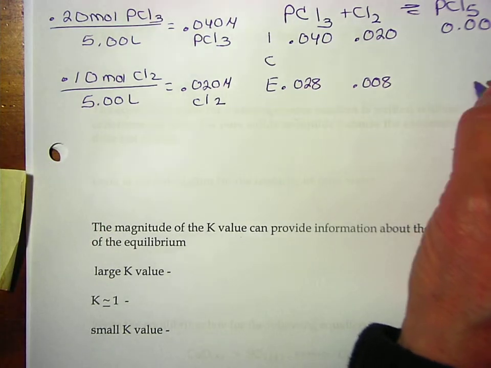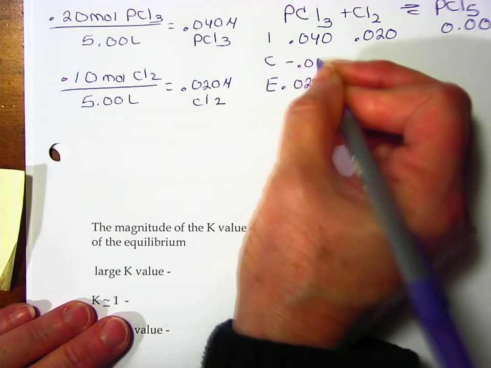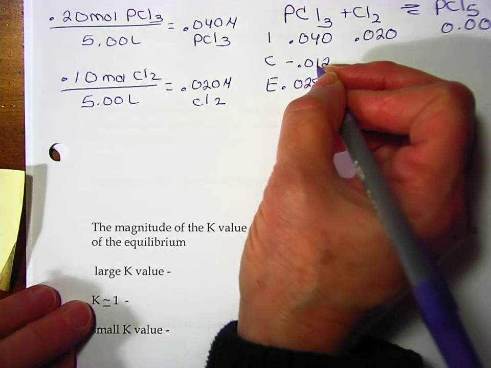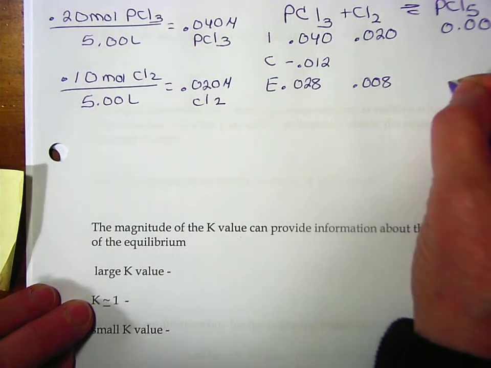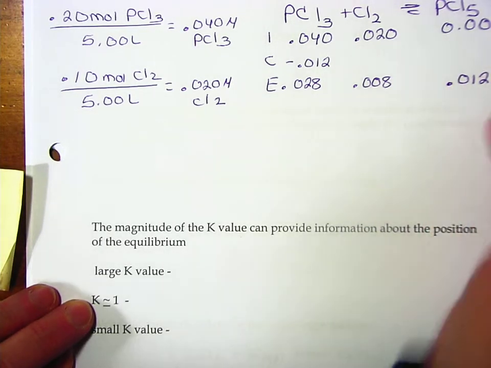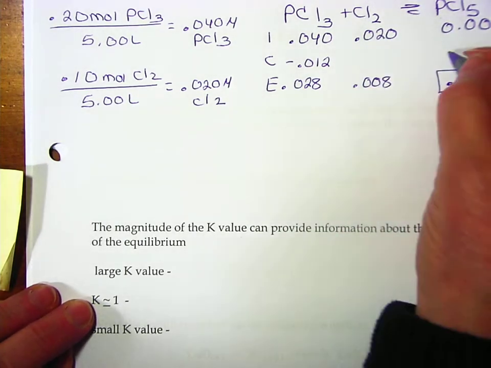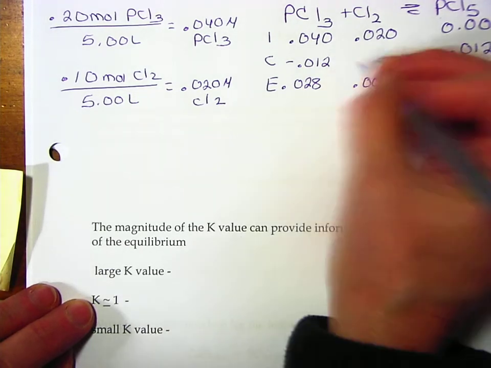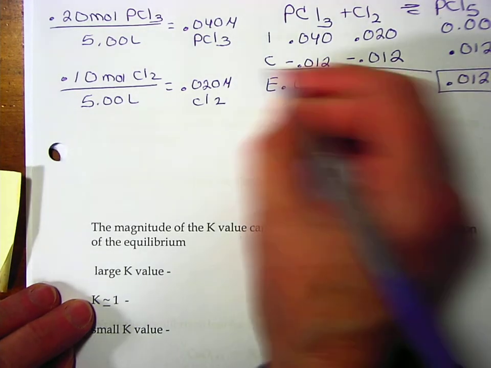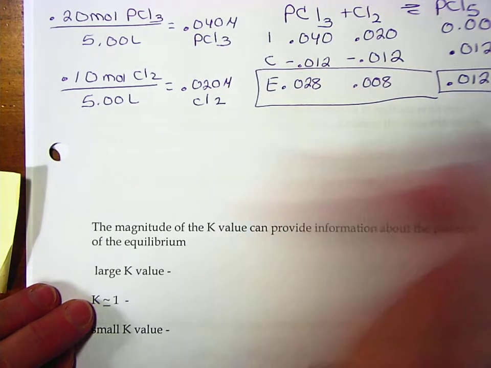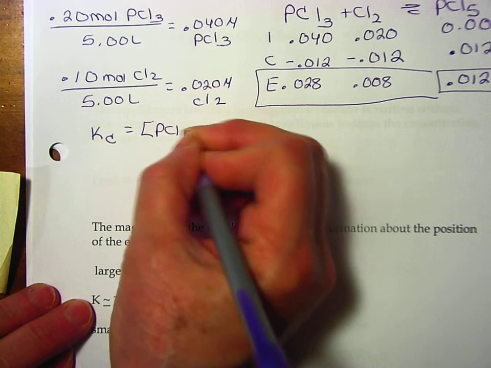So now, how do I get from here to here? Well, I subtract minus 0.012. Oh, I'm sorry. We know that we have 0.012 molar over here. So 1-to-1-to-1 stoichiometry, I know that this has increased by 0.012, so each of these decreases by the same amount. That's a little bit different than the problem I did. Now we'll use the equilibrium line. I know K sub C is equal to my phosphorus pentachloride concentration